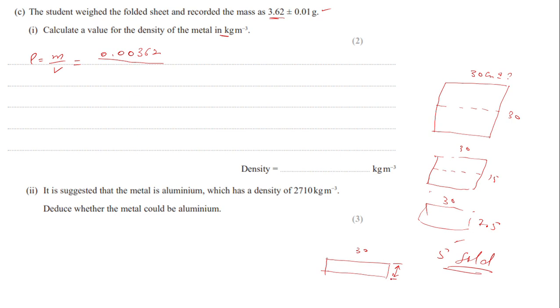So length, width, and height. Our height is the thickness. So height is thickness, which we already found. If you see, this is thickness t. We already found 0.48 in the previous case. So we have a length, we have a thickness, but we don't have w. This is the trick. How do you find that w?